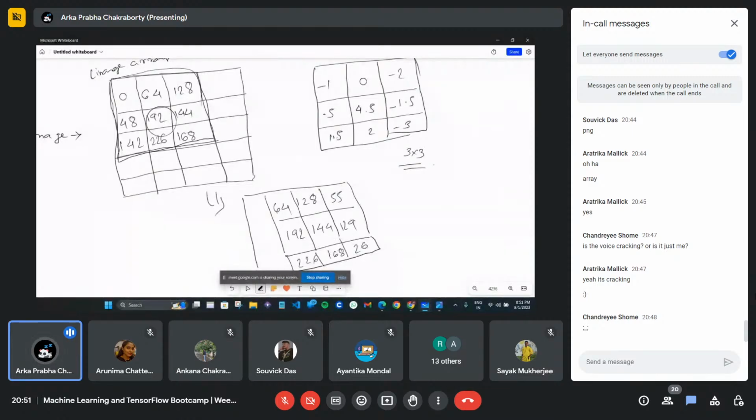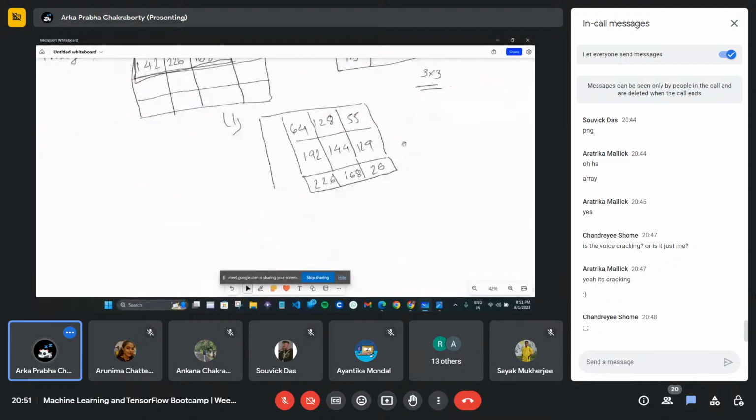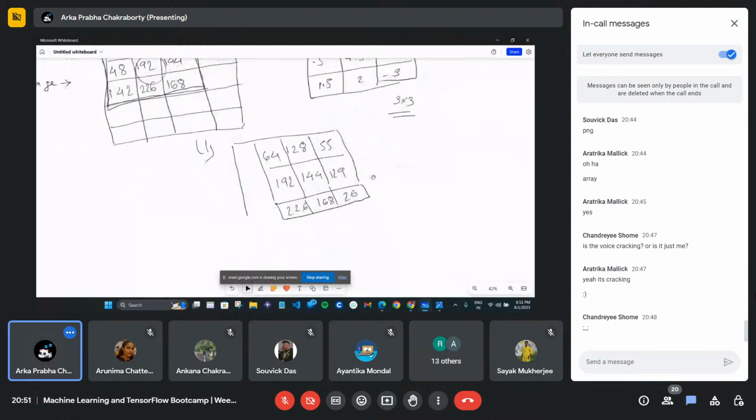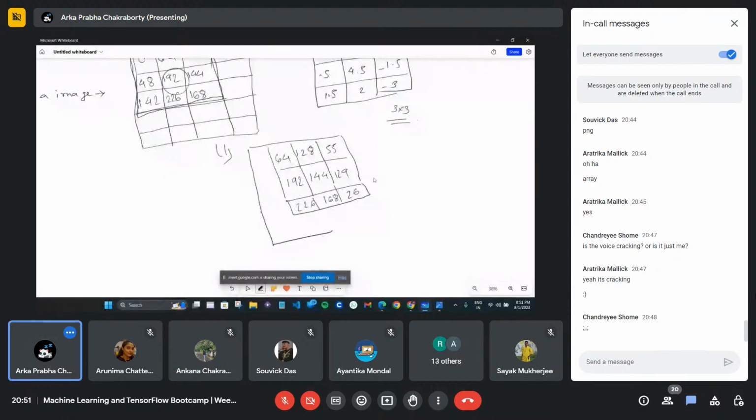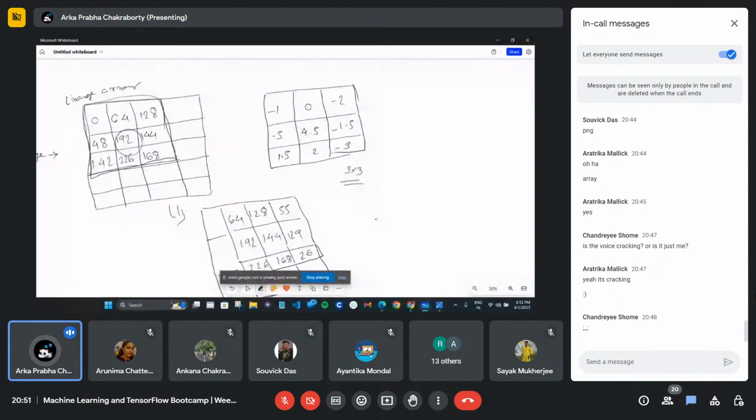Then my filter will be applied there. This 3 cross 3 matrix starts from here, then it shifts one column, and then it goes down one row. It will traverse the entire image array.